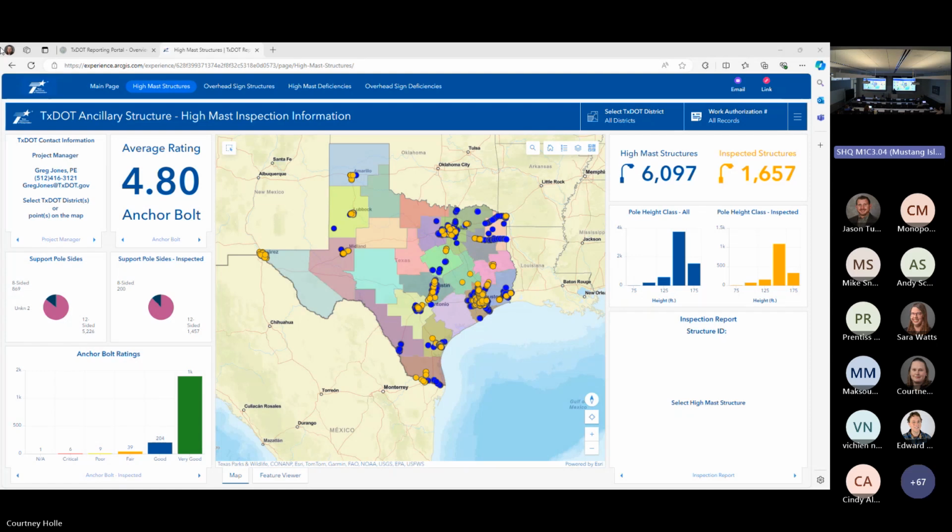So we get a lot of information just from the LiDAR truck. And then also for sign structures, they can get the span length and the clearance over the roadway. Then part of the contract is inspection, a structural inspection. So we're inspecting things like the anchor bolts, the welds, the base plate, the foundations, the galvanizing condition, and then for the overhead structures, they also go up there and inspect the upper structure with a bucket truck.